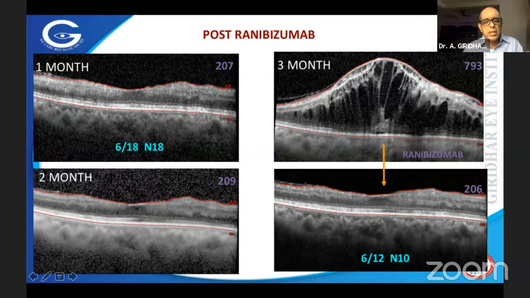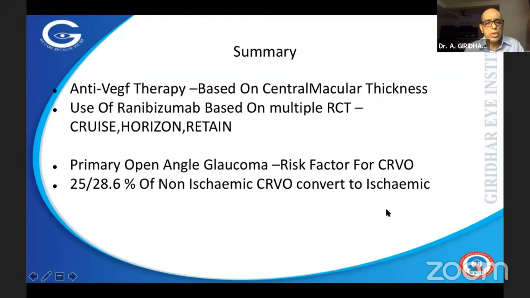So in patients with retinal vein occlusion, at least in my practice, I do not do a loading dose regimen or a regimen based on the old CRUISE trial, where in the initial 6 months, patients received their 6 monthly injections. I treat them on a PRN basis right from the beginning, but try to keep them under regular follow-up. So the patient had a recurrence after 3 months, for which again, she received a single dose of ranibizumab. The use of ranibizumab is based on multiple RCT trials.